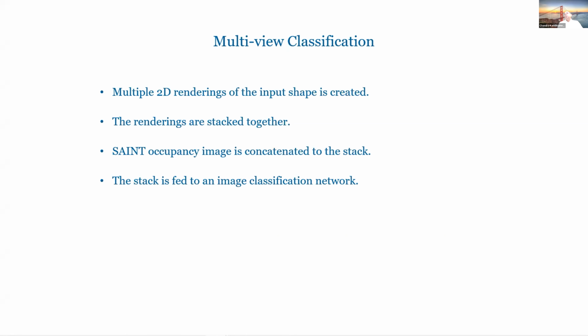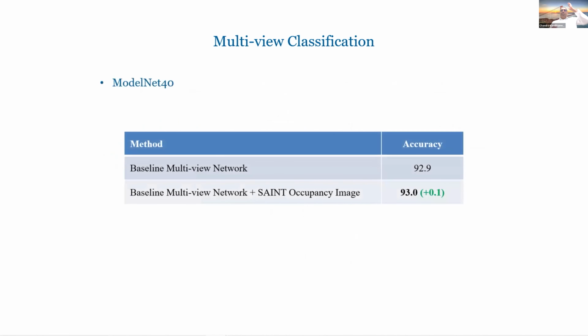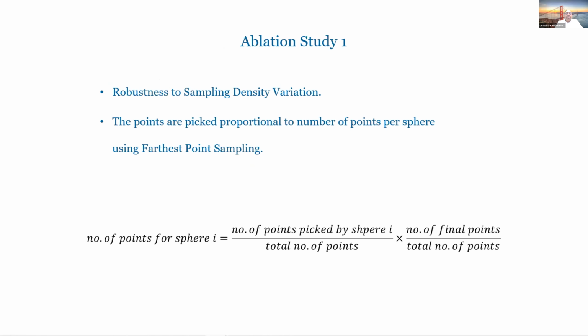So one of the interesting things here is the 3D data is converted to 2D because our occupancy map is 2D. We are not projecting it, but we're somehow taking that into 2D space. There is a particular method called multi-view classification for the same data. What they do is render it from different viewpoints. So we said, okay, fine. We take all the viewpoints of the chair, and add this occupancy map, which is our 2D representation. So with multi-view, we add the occupancy, and we get a 0.1 increase on that.